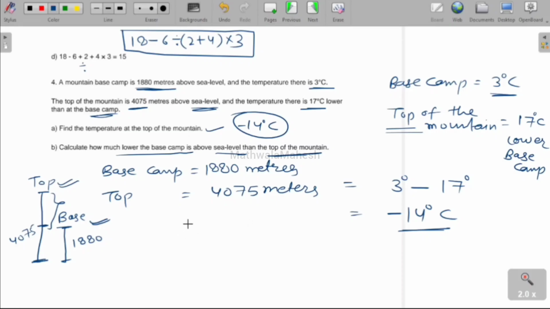So we have to subtract 4075 minus 1880, and the answer is 2195 meters. Okay, so the base camp is 2195 meters lower than the top of the mountain. Okay,